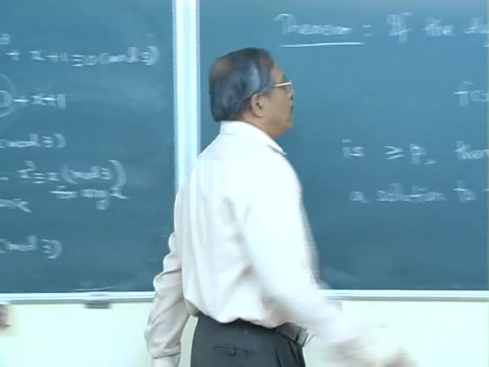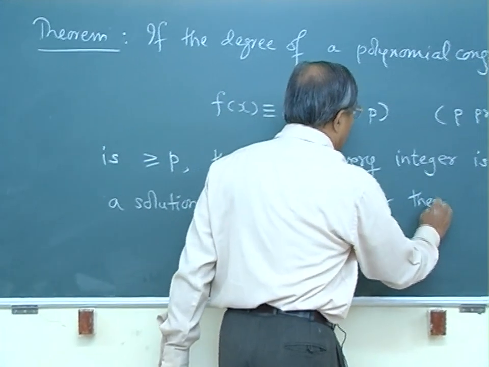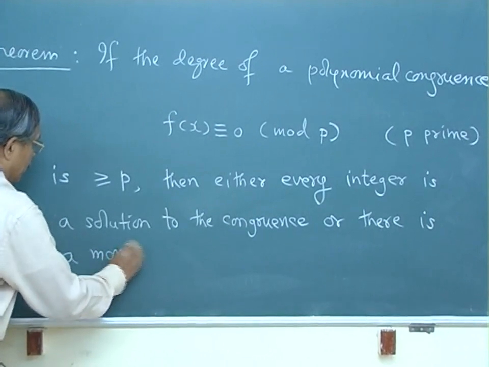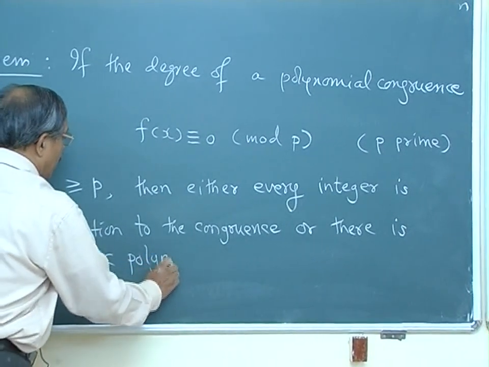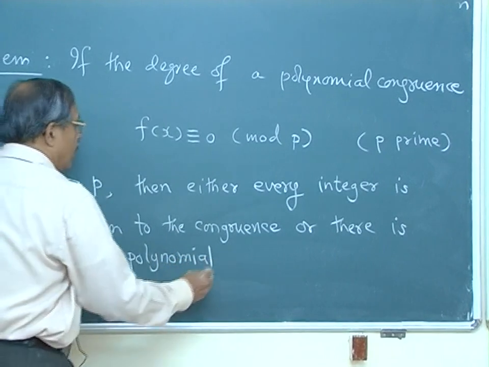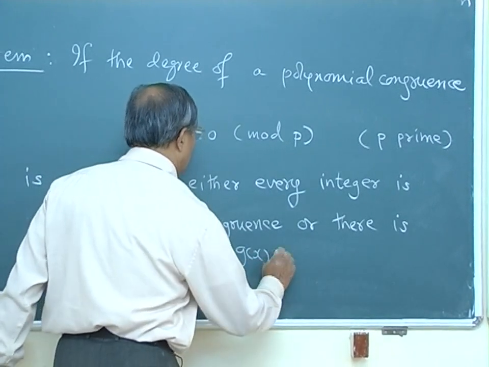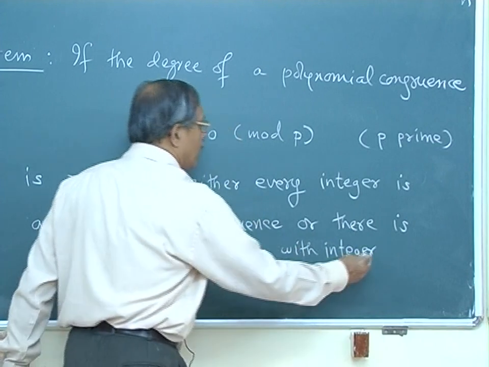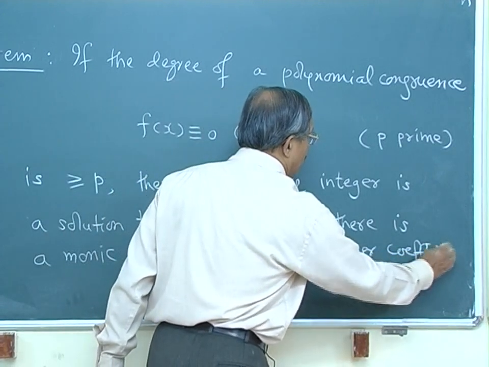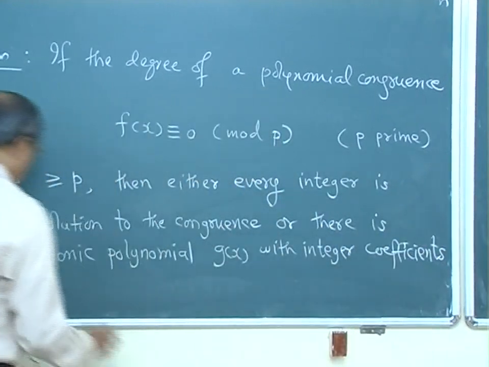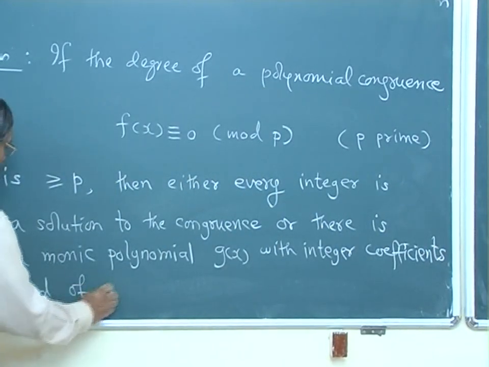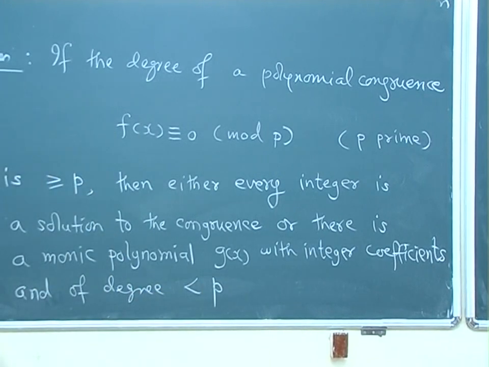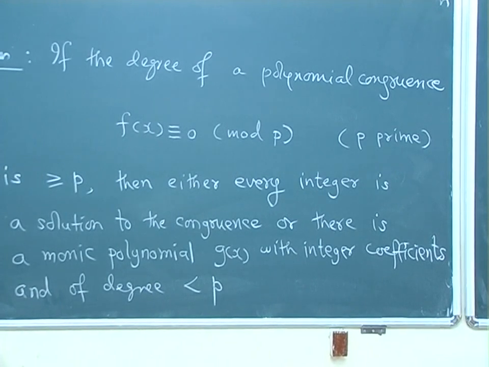Or there is a monic polynomial g(x) with integer coefficients and of degree less than p,